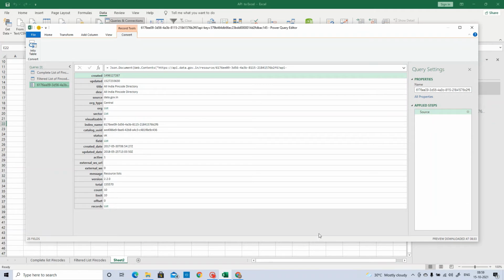All the steps that you do for transforming your data will be recorded and shown here under Applied Steps. If you want to revert to any previous step, you can do so by clicking here. And this is the name that you are going to give to your connection. So just give a valid name: All India Pin Codes.